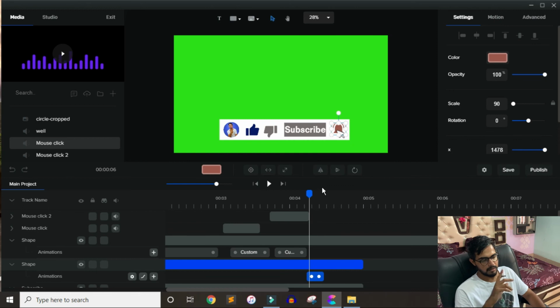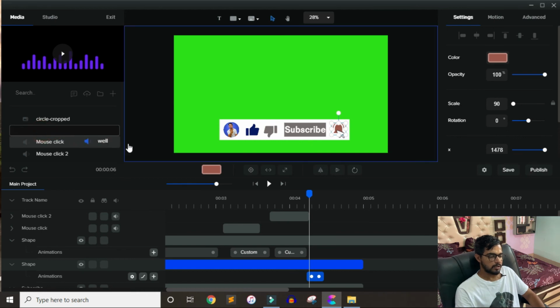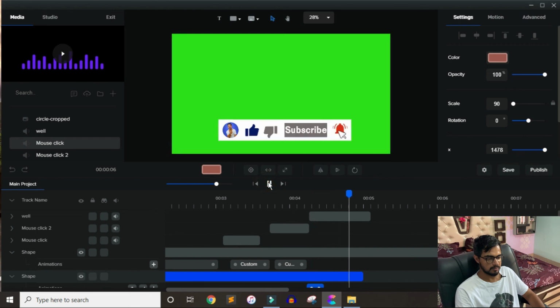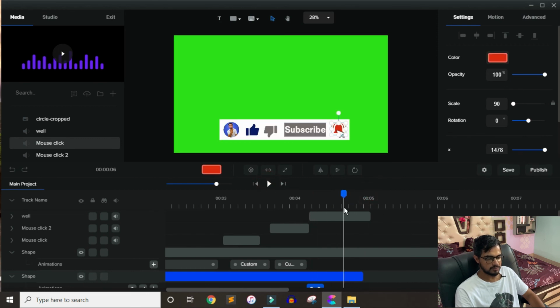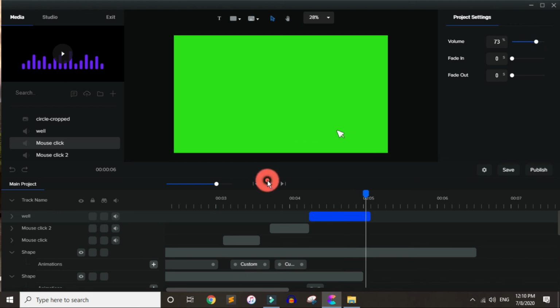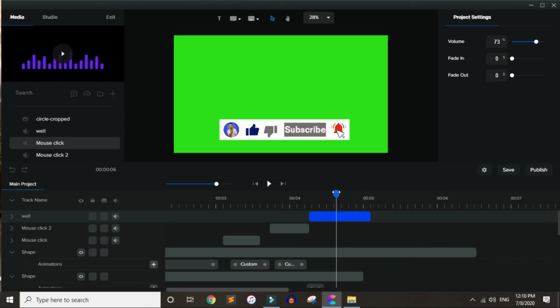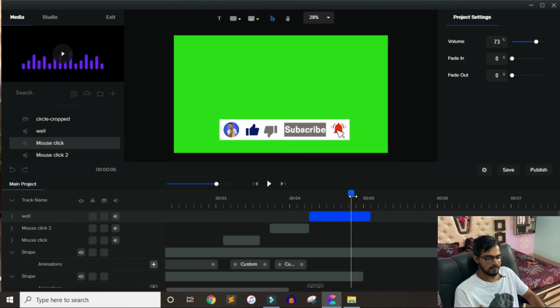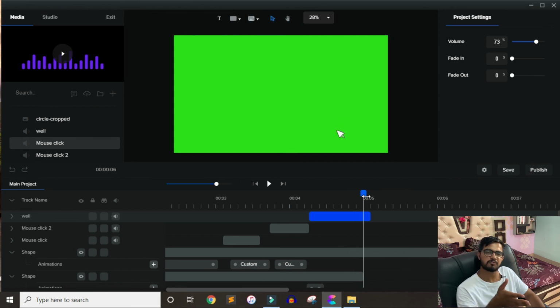and here I told you that you need to import a bell icon sound. So I've already imported it, downloaded from the internet. Here I'm going to use this one. I'm going to decrease the volume a little bit. It's good. The next thing, you see that all the things have faded out immediately. You can go with it.